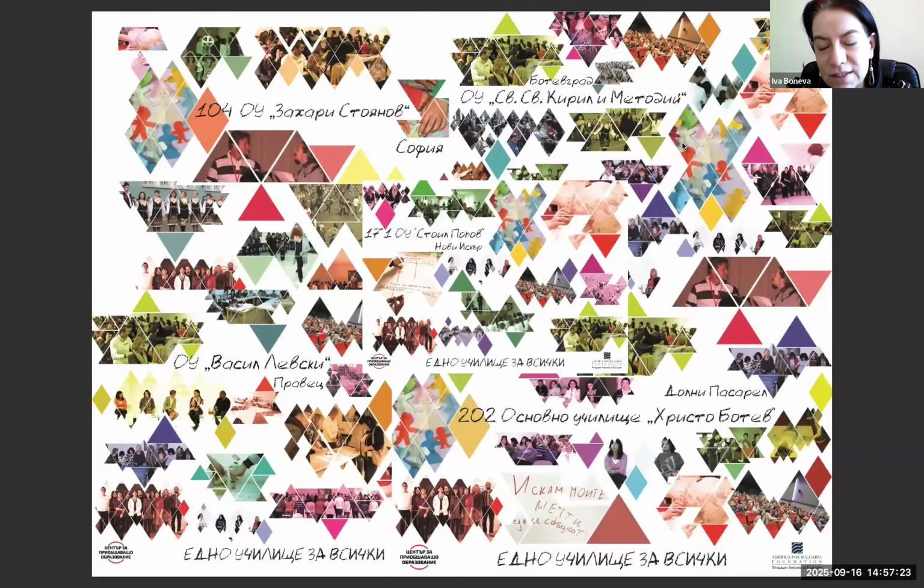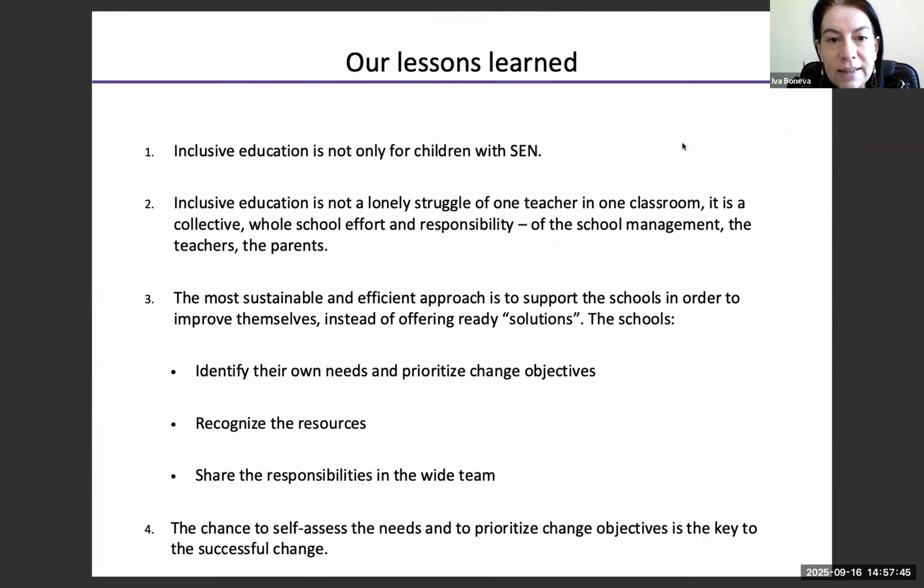And these are just some pieces of the pictures of different schools that participated, because with them we had a long road of conceptualizing what we need as a management and leadership. The question was how one school that wants can become inclusive. And what we learned along the way during this first phase, and then we had the second phase,